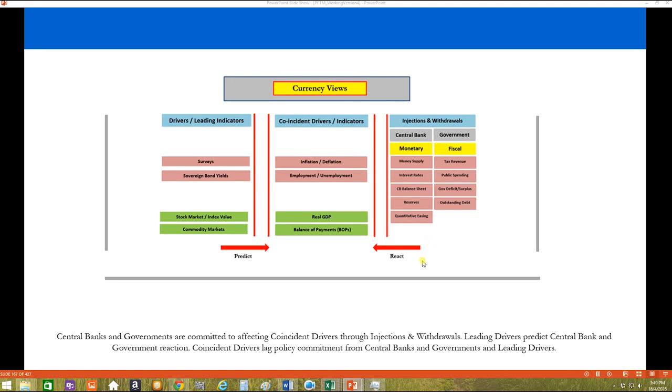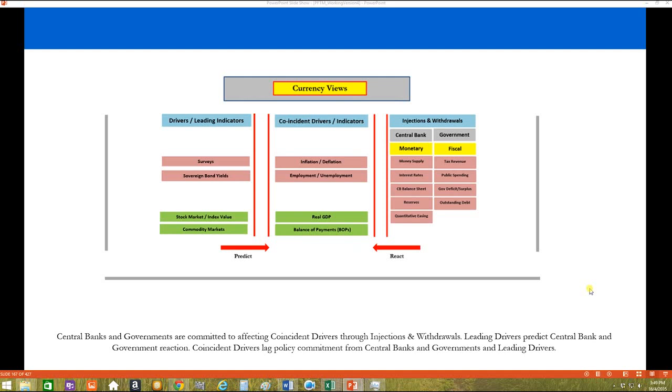What happens is that 12 months later, if there's a large correlation between our driver over here and what it actually predicts in the past, there's a very high probability that that's going to be the case, there or thereabouts. And central banks and governments react essentially to what is over here on the left-hand side because they are concerned about what's in the middle here. So if we just read through what's on the bottom of the screen here to understand this, central banks